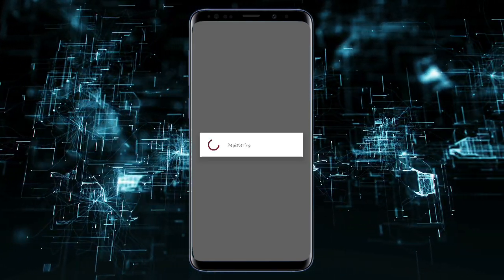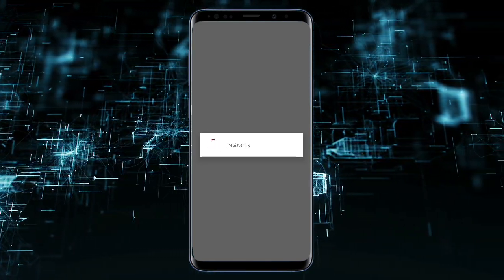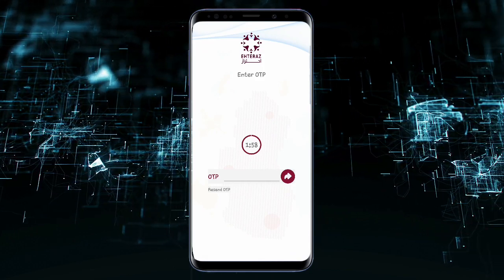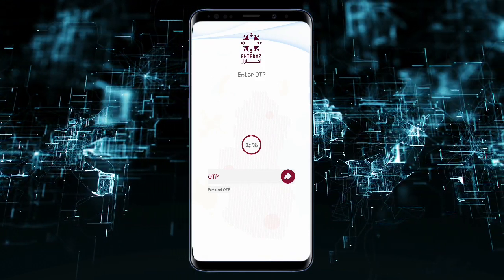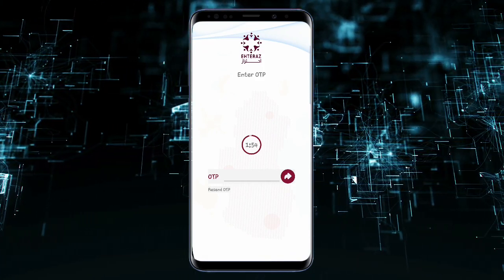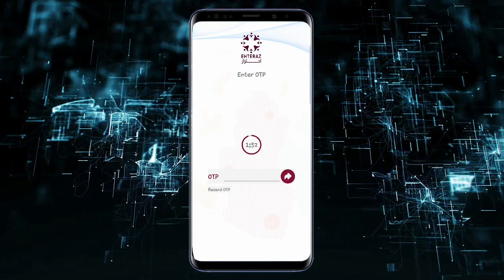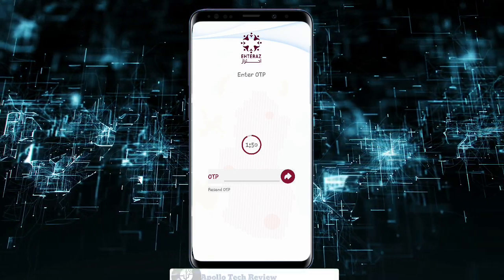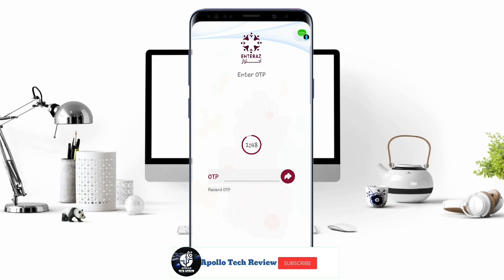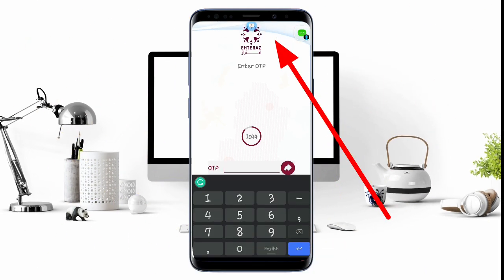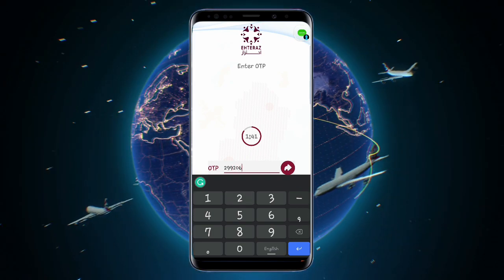So most apps don't access data. That's why after 7 days you don't receive a vaccination stamp in your Atlas. So this is just very simple. After a few seconds you receive the OTP. Put your OTP in again.